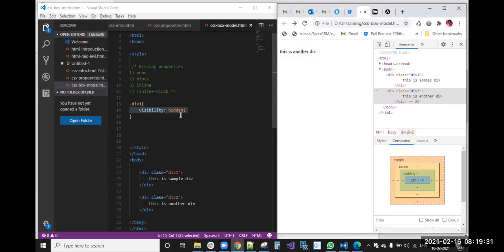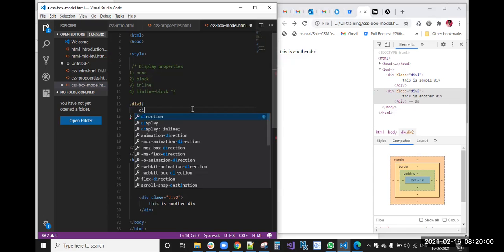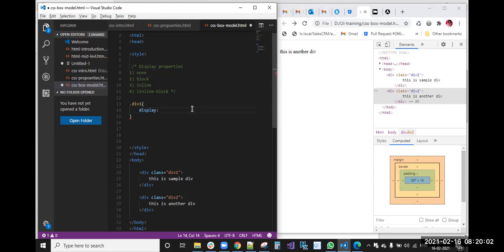Okay, you will still get the empty space when you apply visibility hidden. Here we are getting it, right, still empty space. So in most cases we will use display none only. There are only some rare cases where we will use visibility hidden. In real-time scenarios you will see these visibility hidden and display none properties. So that is the first property, display none. To hide an element, we will use the display none property.